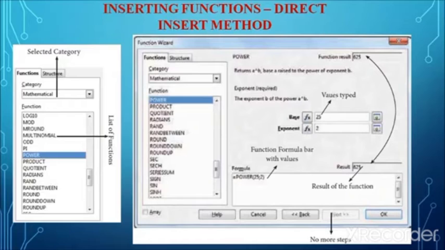After the user types the function, at the end the user must press the Enter key for the function to work. Once you press Enter, it automatically calculates the value and displays the result in the required cell. So this is how the user can insert a function directly into the cells.